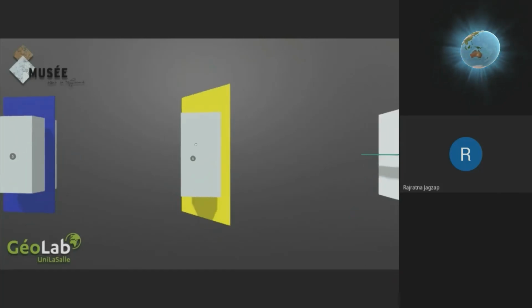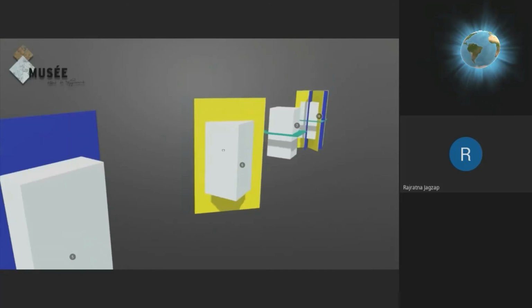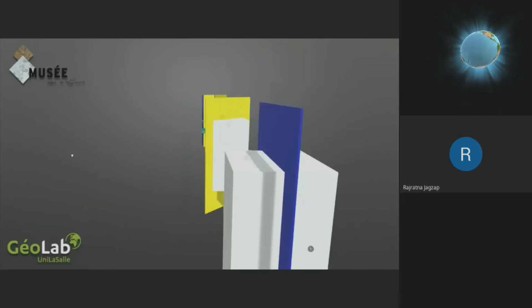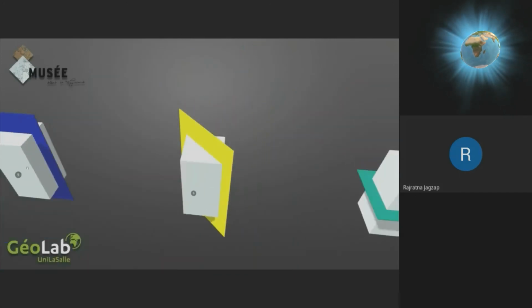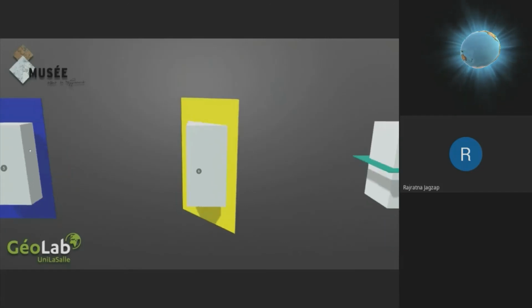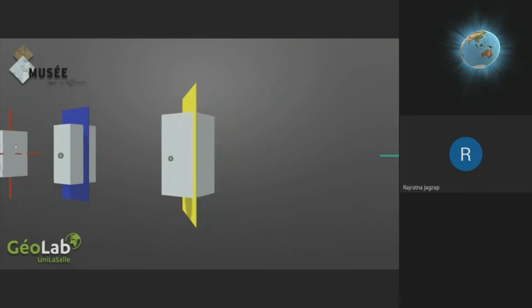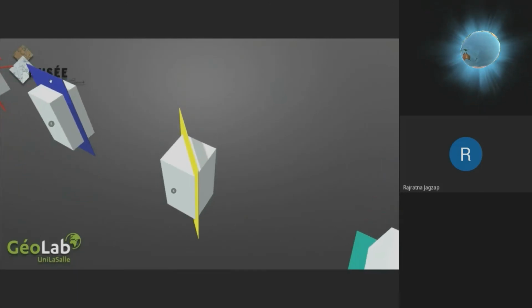So this is also vertical. Can you see? Same vertical like this blue plane, the axial plane of symmetry. This is vertical, but this is axial. This is diagonal, but vertical. Like this. Can you see? This is vertical, this is also vertical. This is vertical axial, this is vertical axial, this is vertical diagonal.